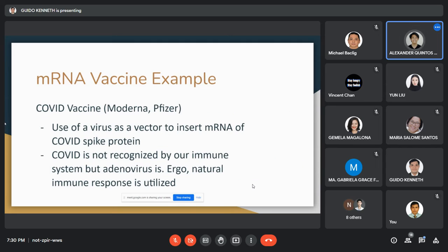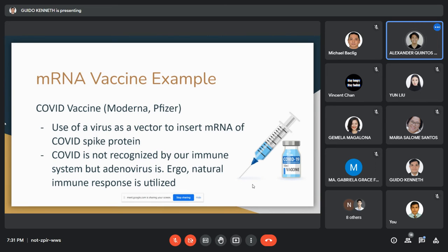So next slide, please. One example that I chose was the COVID vaccine from Moderna and Pfizer. This is actually from Dr. Silverio's lecture in our introduction class to biochemistry, because I have a transcript of it. So, use of a virus as a vector to insert mRNA of COVID spike